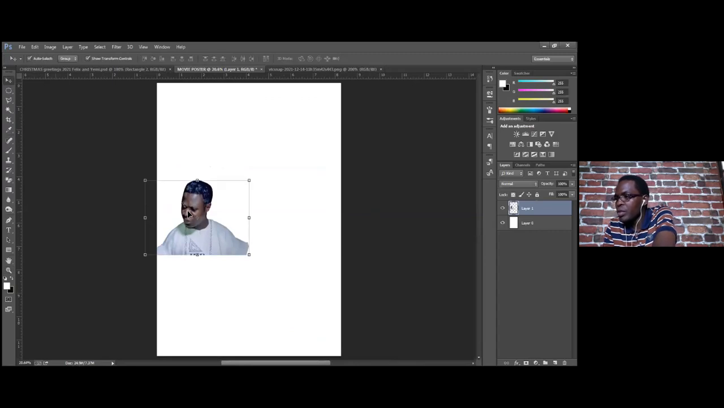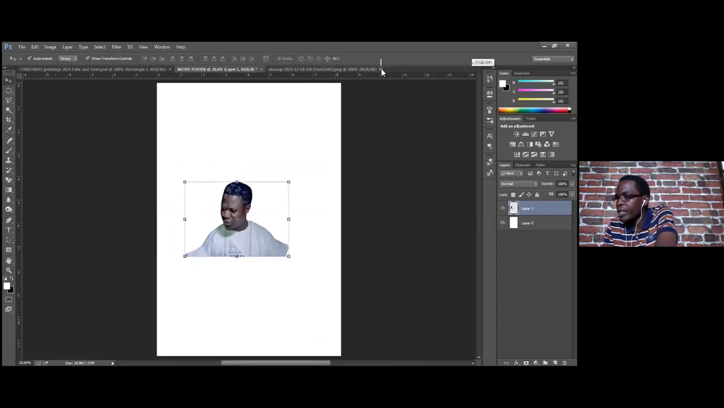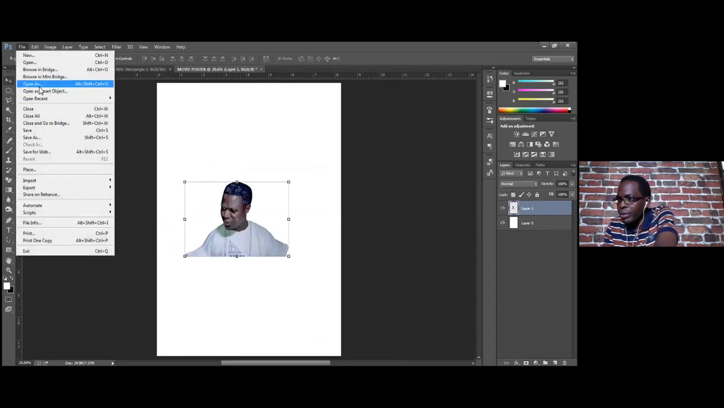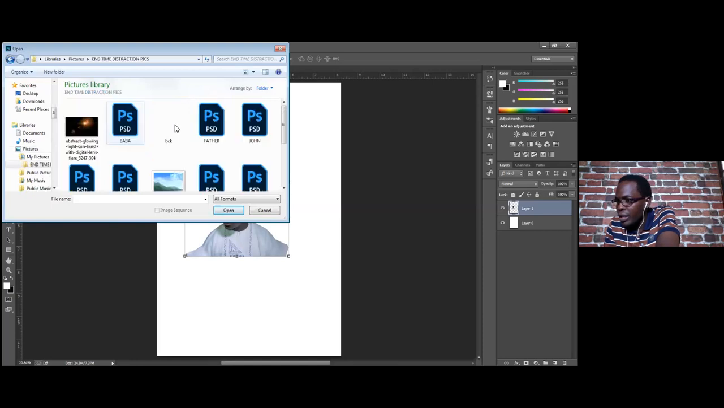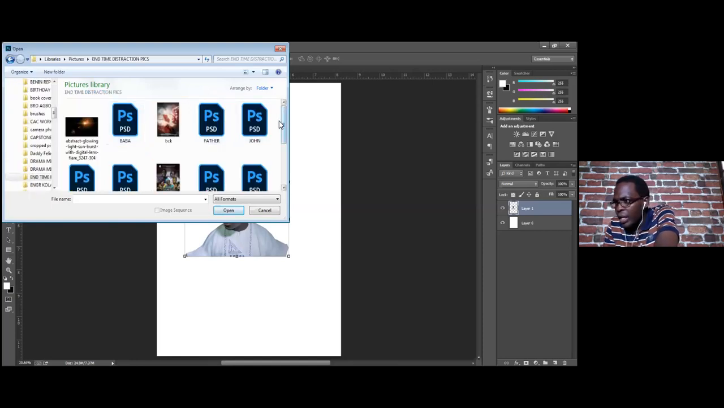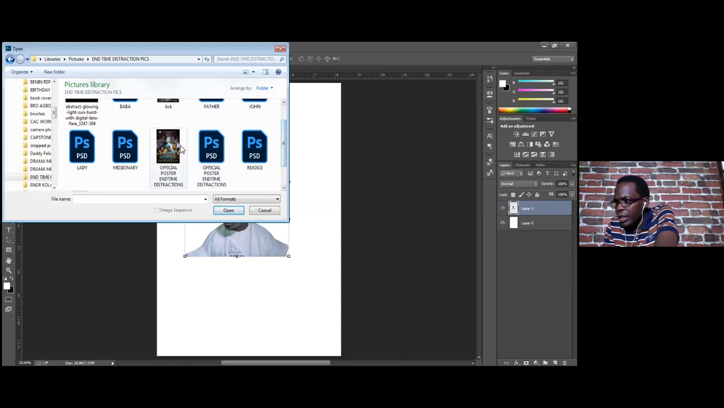So now the same thing goes for other pictures. Let me just bring the pictures. We have it. I've already done that. Let me open End Time Distraction. I have the pictures here. See the pictures for the posters. I did, you see the background. Look at the poster here. Let me show us the poster I did for the